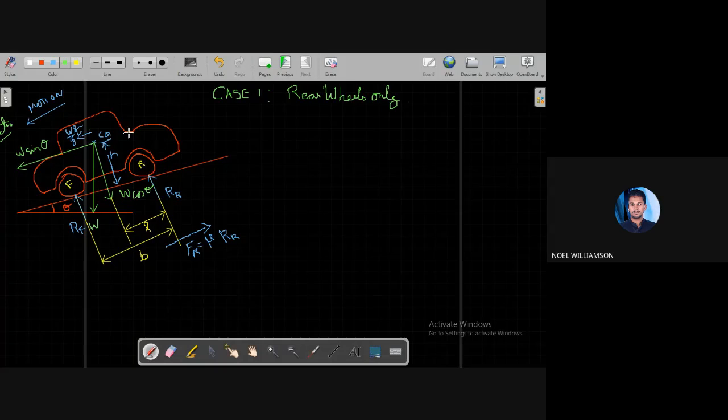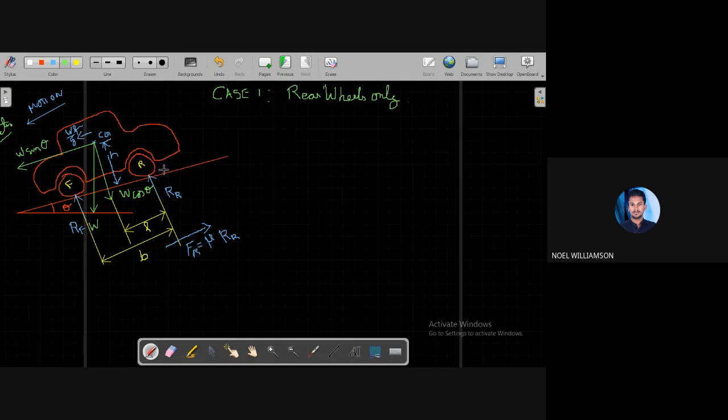So this is the direction of motion, and in that motion, when we are applying a brake, the friction will be acting only on this rear wheel. So the frictional force Fr, that is frictional force at the rear surface or rear portion, is equal to mu into Rr, where Rr is the reaction at the rear wheel. This will be acting in this particular direction, which opposes the motion. This is case 1.